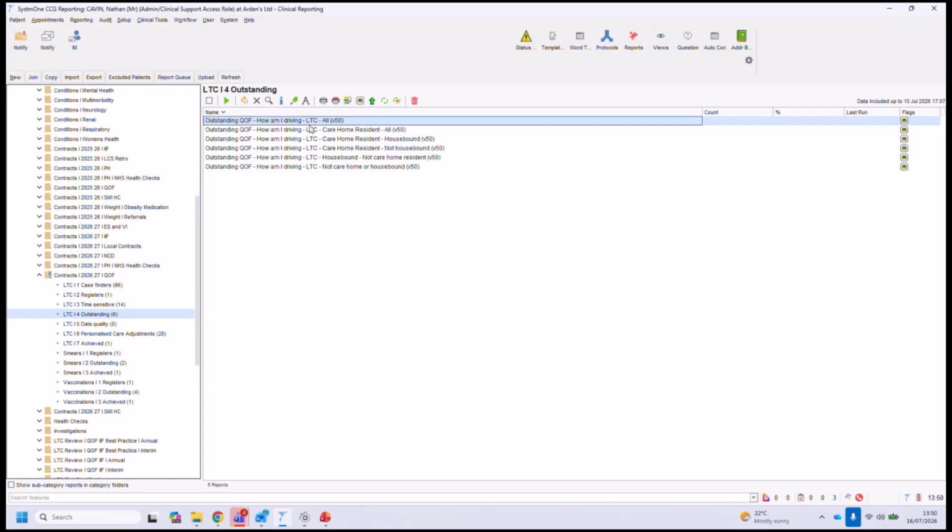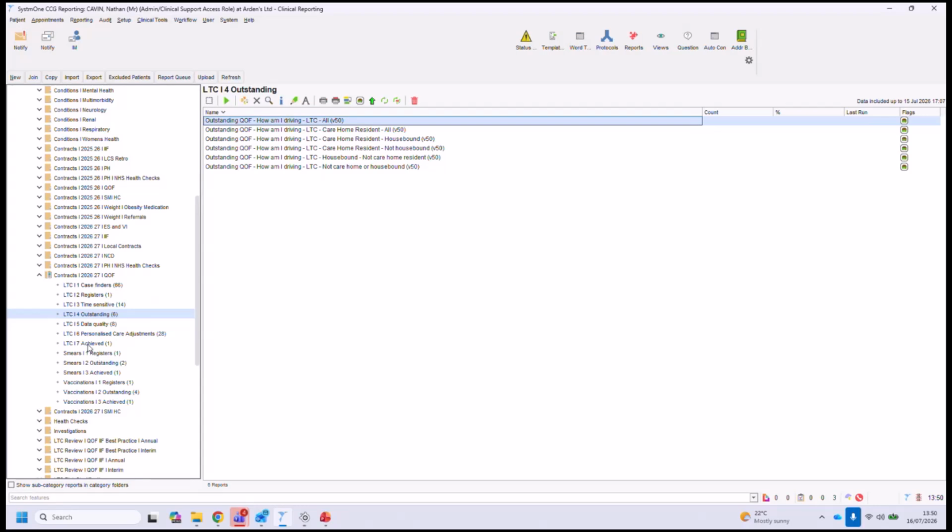We are literally just saying, how am I driving, these patients have outstanding QOF. And obviously you could dive into that and have a look at what these patients are. To be honest, I think Marriott's going to show you Ardens Manager, so you can do a bit more advanced stuff in there, and you might want to use the QOF indicator screen as well within SystmOne, but it might be worth playing with those as well. So again, just some useful reports there.